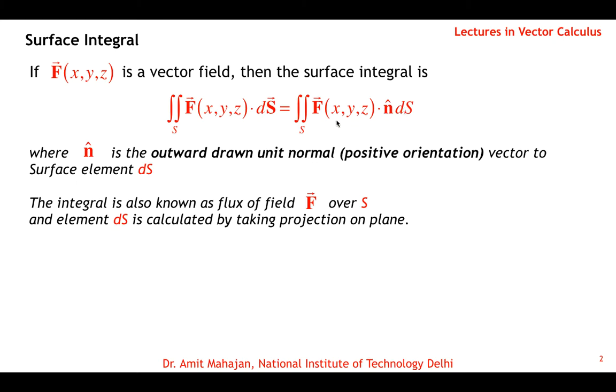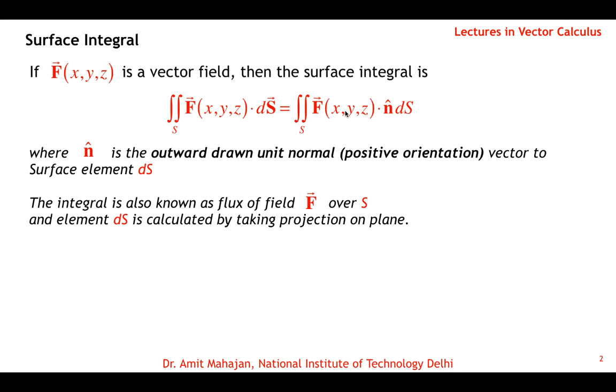So if n is the unit normal and f is the fluid flow, then f dot n will be the flux